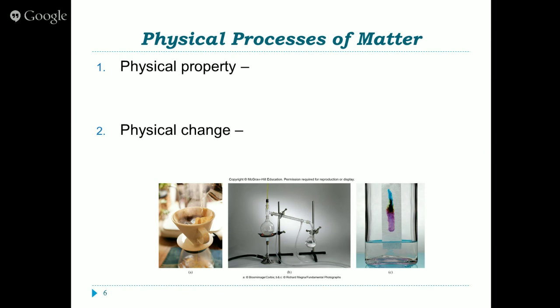So looking at some of the properties of matter, first we'll study physical properties. These properties are observable properties which will not change the composition of the matter. So a physical property is something that you can observe with your 5 senses, or something that you can measure, like the length, the volume, the mass, what color is the element, does it smell? These are all physical properties. So you're making a physical observation.